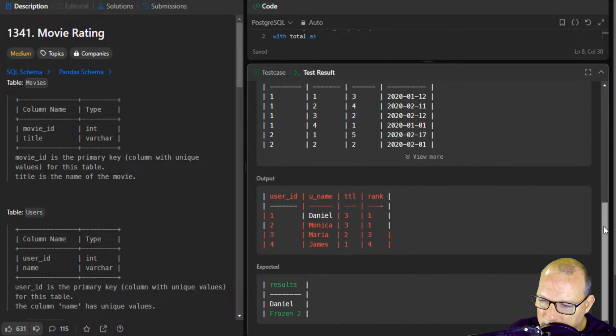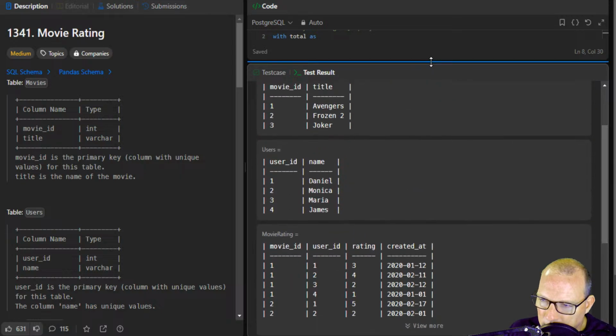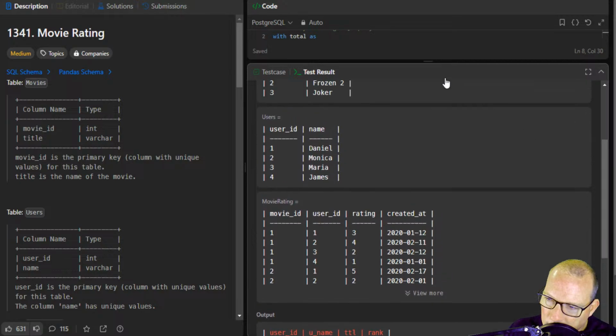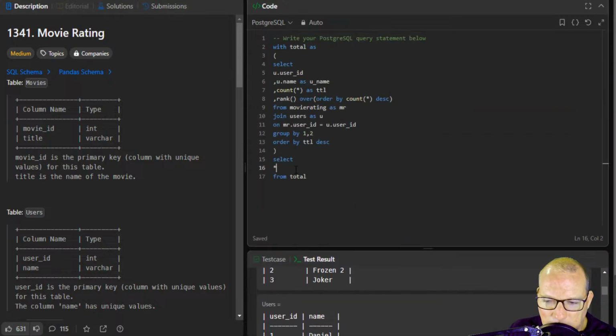One, two, three. So I order, because now I want to order by rank and here. Oh, this is really janky, but watch this. So now, now I'm going to show you something. Has anybody seen limit? So now I'm going to slice this right here. So now I'm going to do